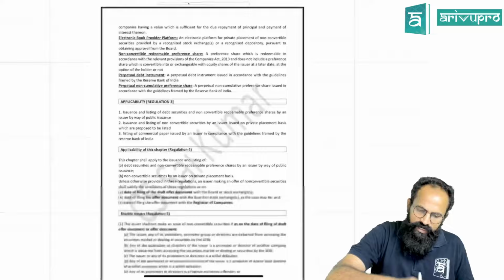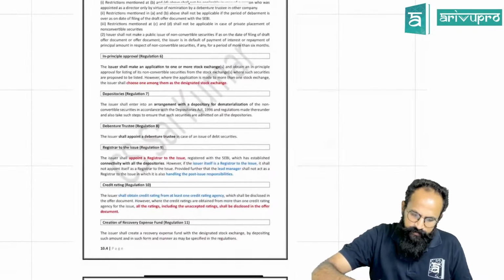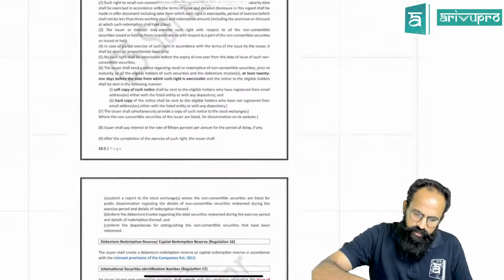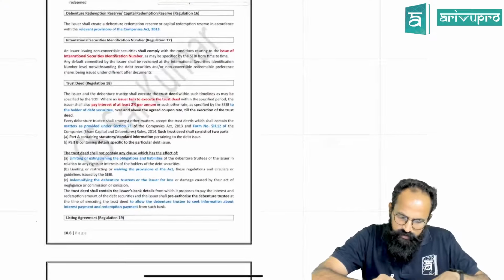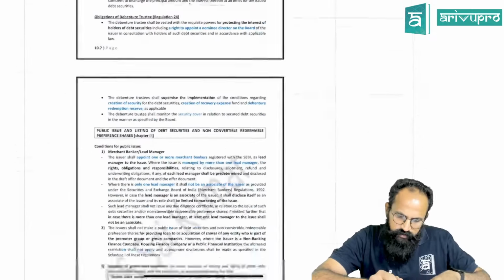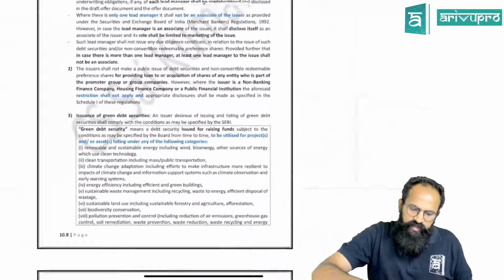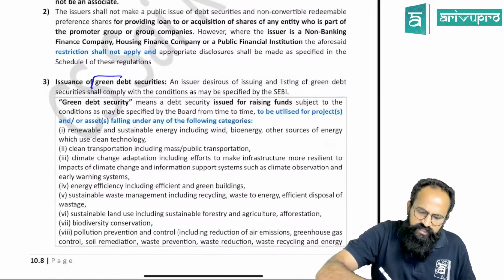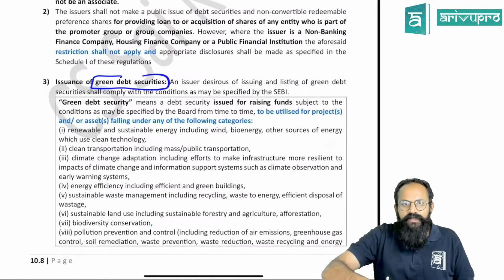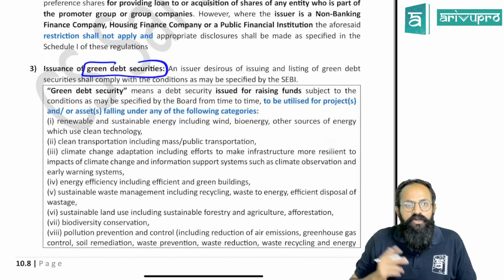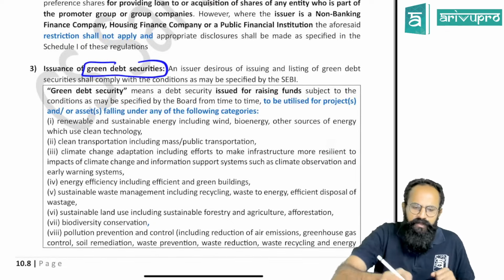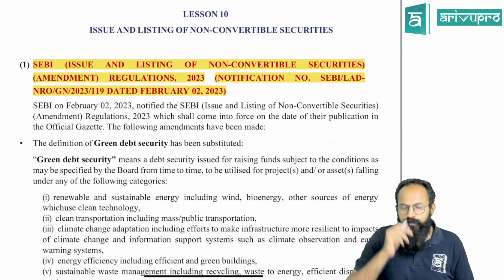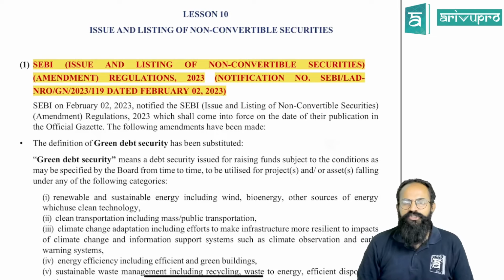There was something called green debt securities. If you look at our book, okay. I told you what you mean by green debt security in the class only. What was it, sir? Whenever a company wants to come up with an IPO, a company wants to issue securities. Now, but what is the reason for the securities, people?